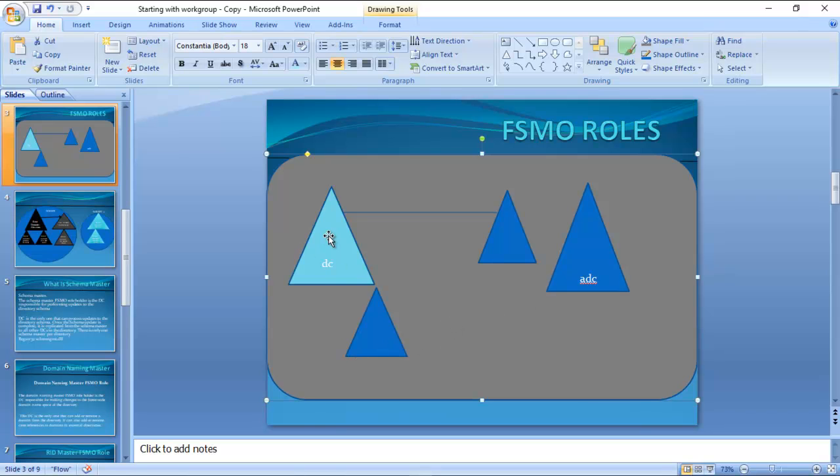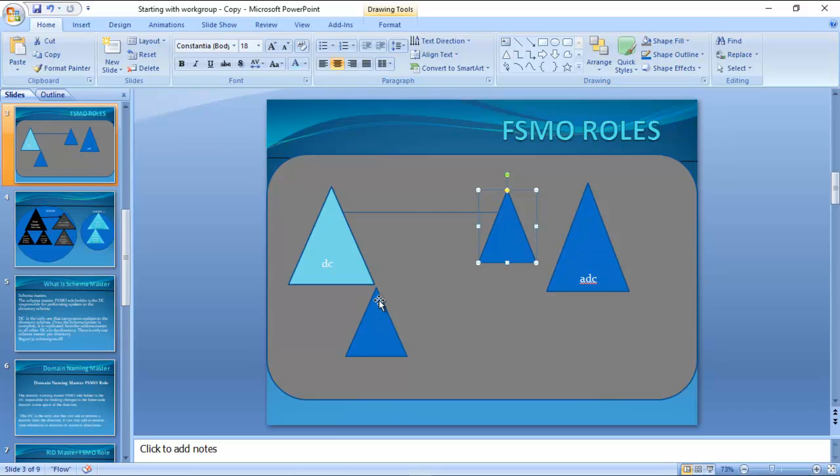As for the Schema Master, whenever you install an Exchange server in your Active Directory environment, Active Directory needs to extend the schema. That means all the domain controllers, all the child domains and the other domain controllers hold the same schema,